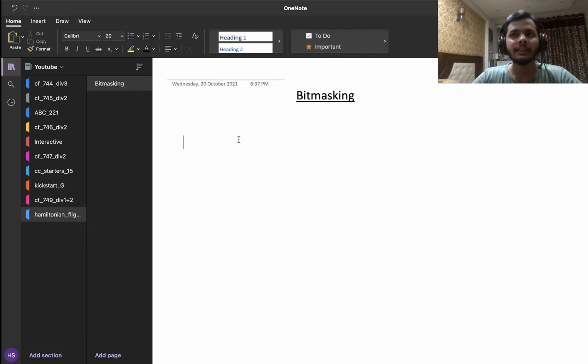So this sequence of numbers, this just directly represents this subset, right? Because all the positions where there is a 1, I can say that that is an element which is included in my subset, and at all the positions where there is a 0, I can say that that is an element which is not included in my subset, right? And here I can see that the elements at position 0, 2 and 4 have a 1, and those elements are just 1, 3 and 5, right?